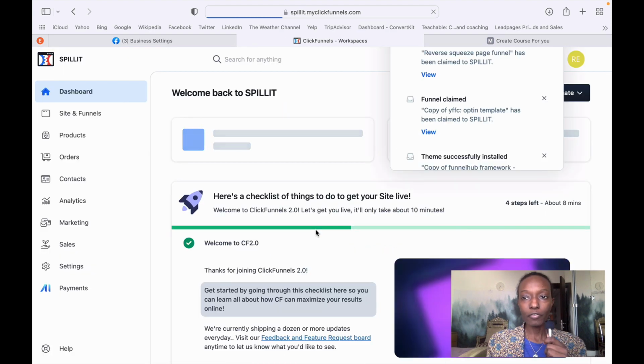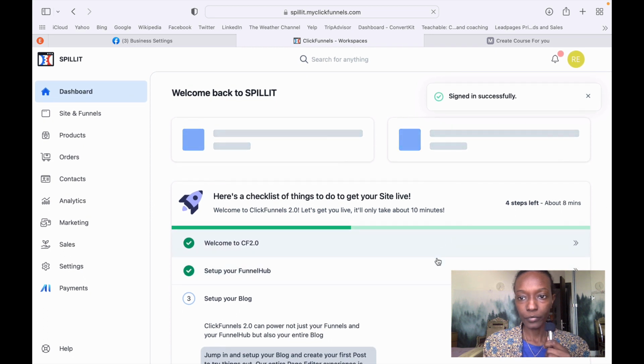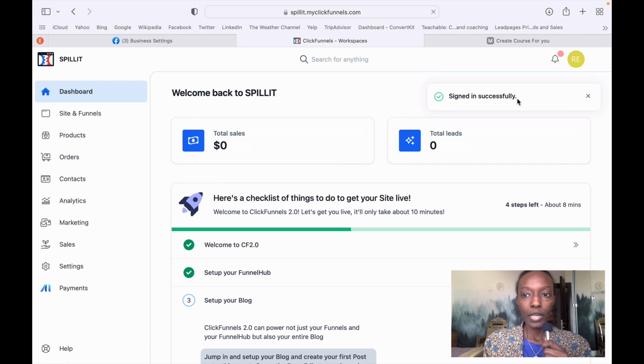Okay, this is the first thing that you're gonna see once you've logged in to ClickFunnels. Signed in successfully. Now, let's take a minute here so that I'll take you through all the components of the dashboard so that you know what it is that you see, because it's taken me quite some time to go through it, and that's how I learn